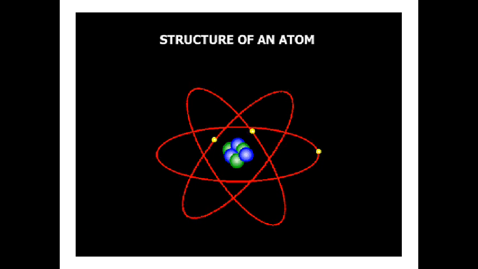Okay, the electron in the outermost orbit. If you see here, you can find 4 orbits. The first orbit is near to the proton, so you cannot easily separate it from the proton. The electron in the outer orbit is loosely bound, so you can remove the outermost electron from the atom easily.